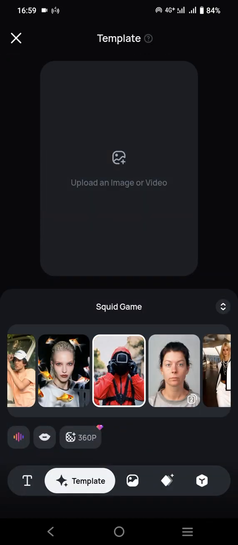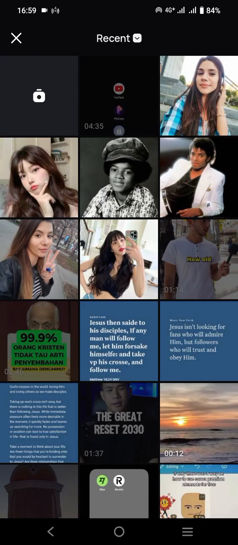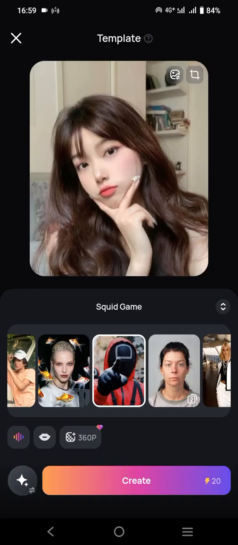Then you can choose this Squid Game and use this template. Then it will direct you to the gallery where you can select your favorite photo that you would like to use. For example, click this picture, and as you can see, this effect will need 20 credits, and since we have 40 credits left, it will be enough to create this animation. So I will click create,